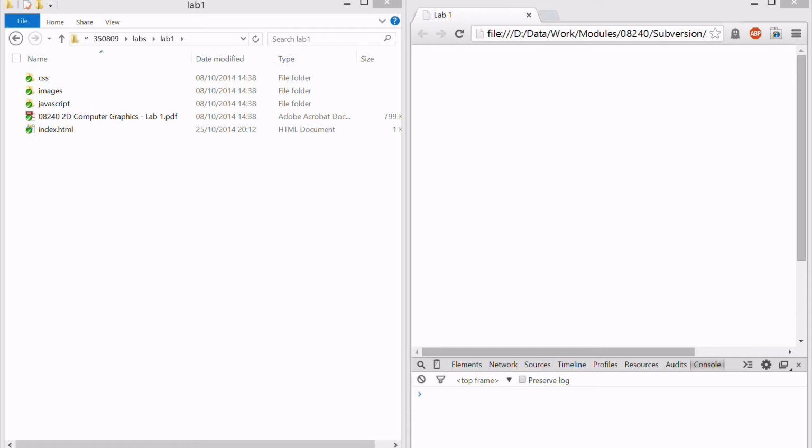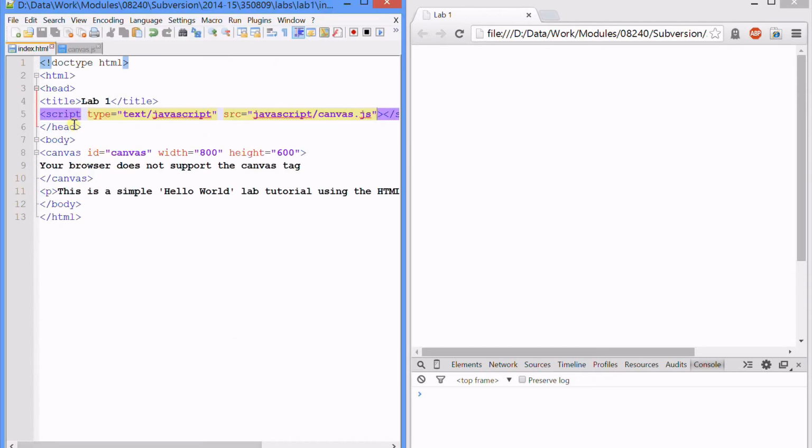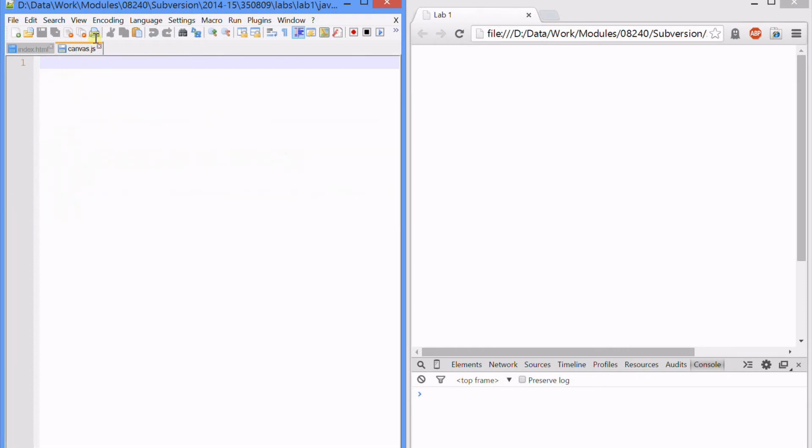Just scrolling down on my instructions. So next thing, we need to go to our canvas file. This is the one that was in the JavaScript folder in our lab1 folder. So let's start adding some stuff to it. So the first instruction